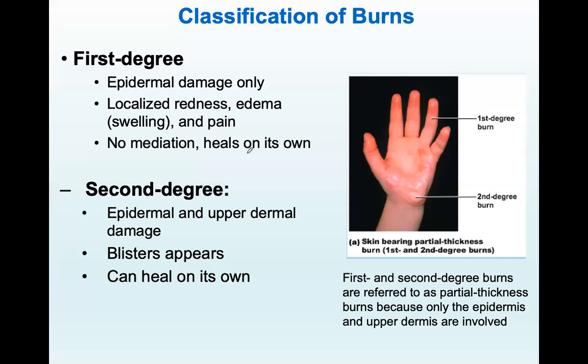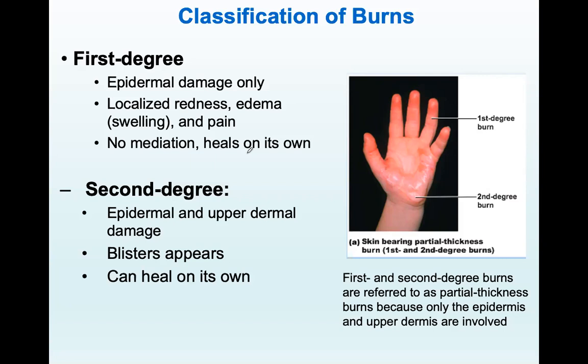Classification of the burn. We'll come back to those numbers in just a second. A first degree burn is probably a type of burn everybody has suffered through at one time in their life. This is when the damage is limited to the epidermis, guys. You basically damage only the top layer of your skin. You do have localized edema, which is swelling of the tissue. You have redness, and you do have pain. Typically, if you sit in the sun for too long and you turn that beautiful red color,